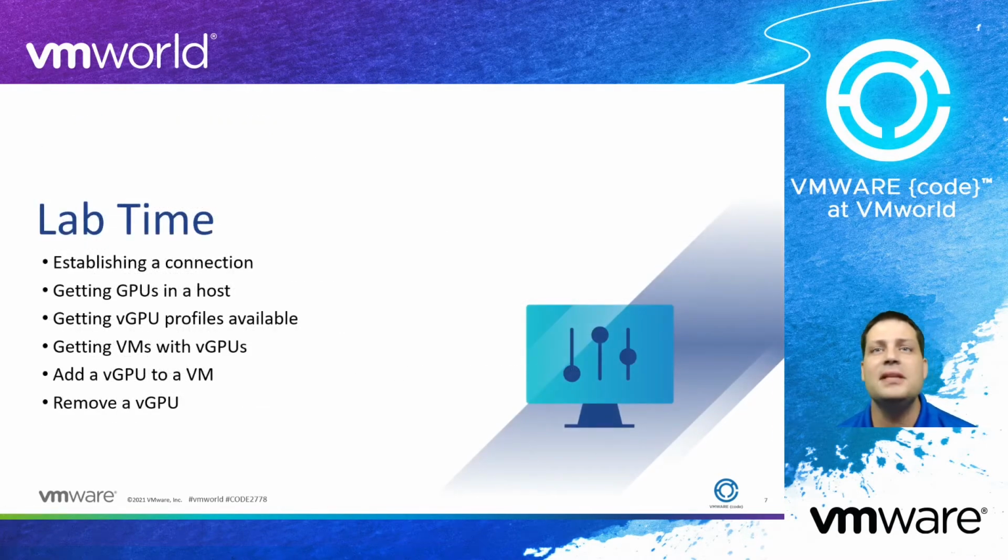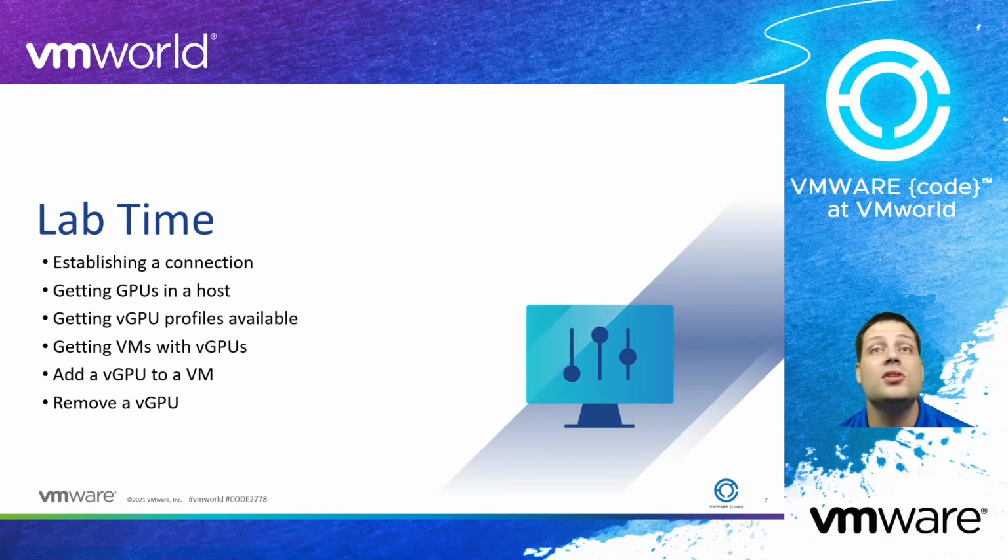Now, let's hop into the lab and actually start coding some of this. We'll start out connecting to the vCenter in my lab, making sure everything connects programmatically. Then we'll get to the GPUs that the host has, along with the vGPU profiles that host supports. Then we'll snag all the VMs that have vGPUs in them. Once we know that, we'll add a vGPU to a VM. Then we'll actually remove the GPU, and we'll talk about why that is here in a bit. Once we've done all of that, we'll start tying all these things together to build a VM that has a